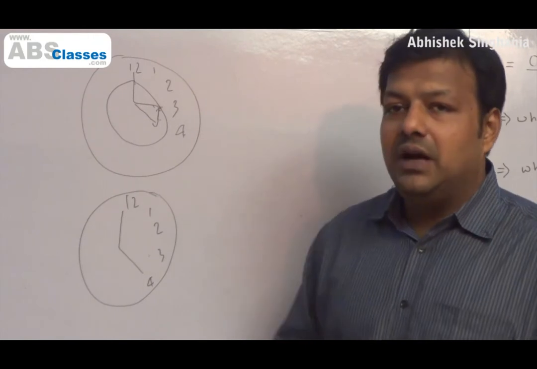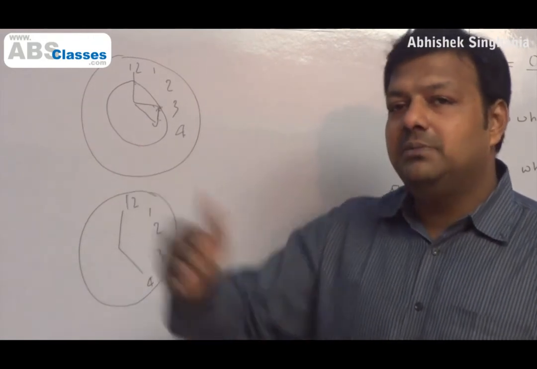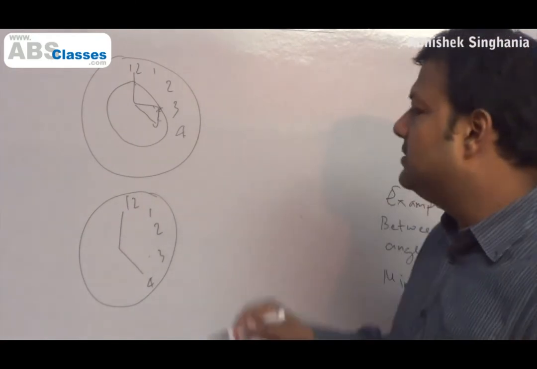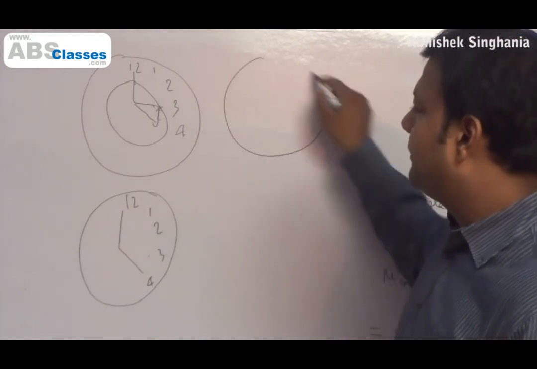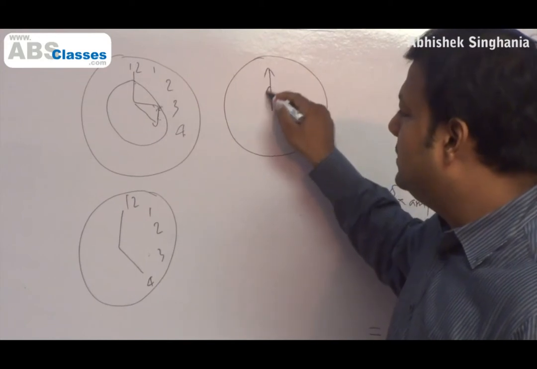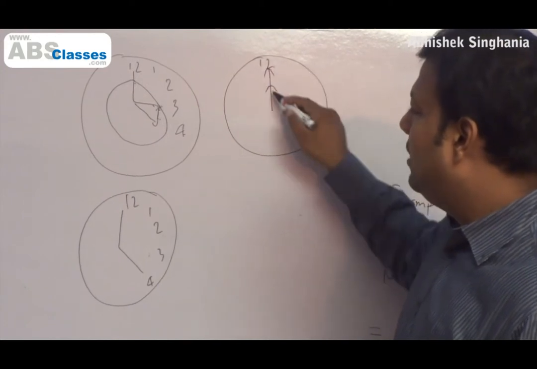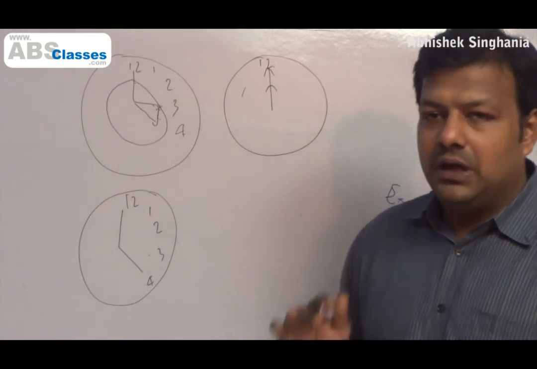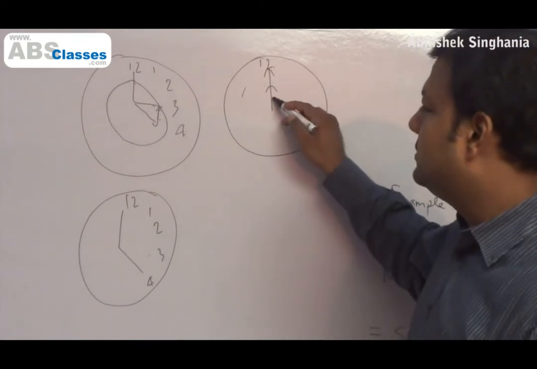Now the question is, after the meeting, when will the next meeting happen? It's not 60 minutes, because we'll understand why. So the idea is very simple. Say 12 o'clock. At 12 o'clock they are together with each other, right? Now, when they meet again, the time will be something past 1 o'clock. It's very simple to understand in terms of speed and distance.